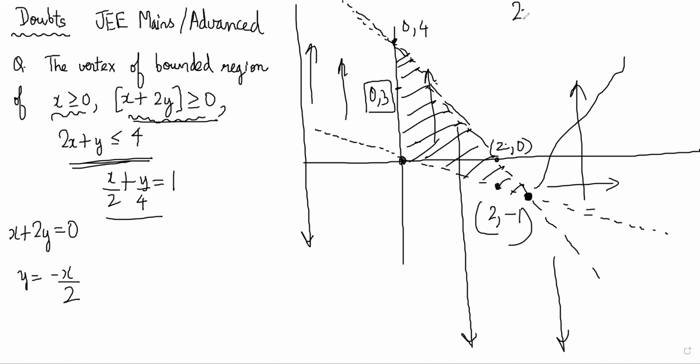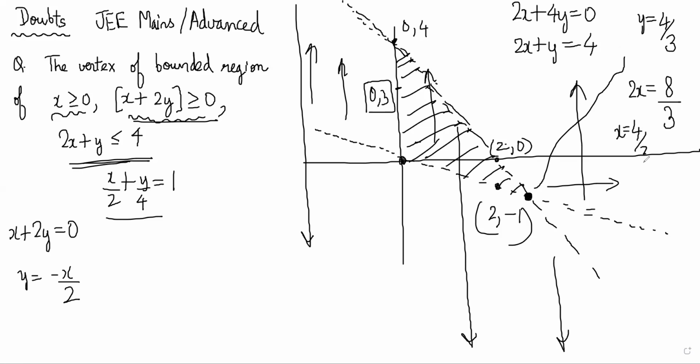You get 2x plus 4y is equal to 0 and 2x plus y is equal to 4. So you get 3y is equal to 4. So y is equal to 4 by 3 and 2x is equal to 4 minus 4 by 3, so 8 by 3. And so x is equal to 4 by 3. And 4 by 3 comma 4 by 3